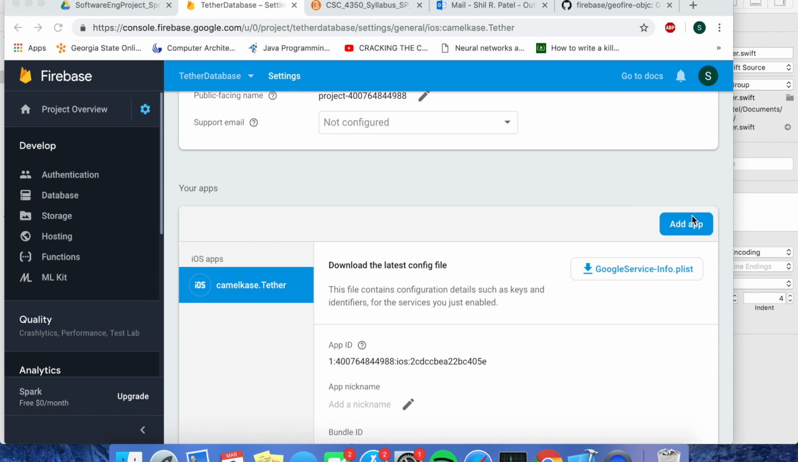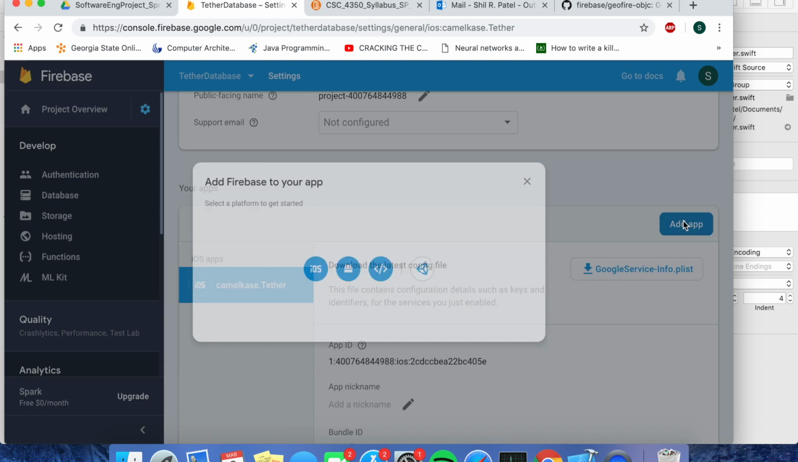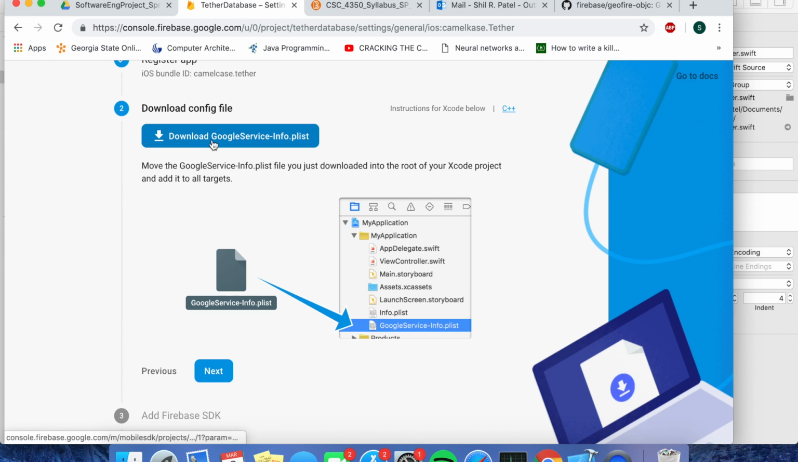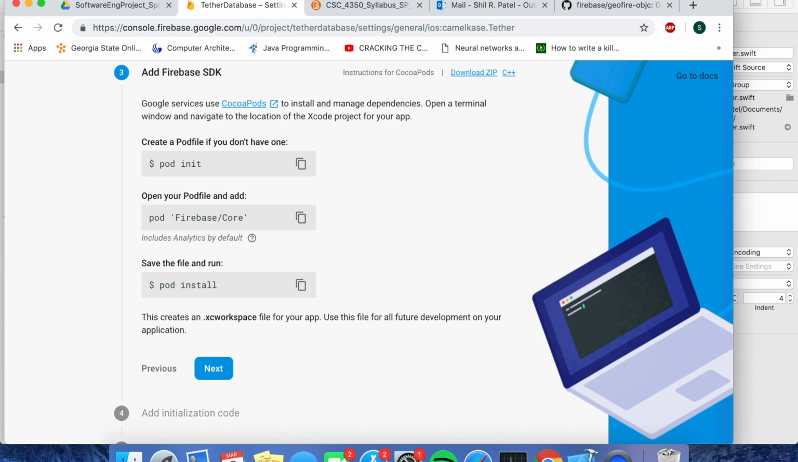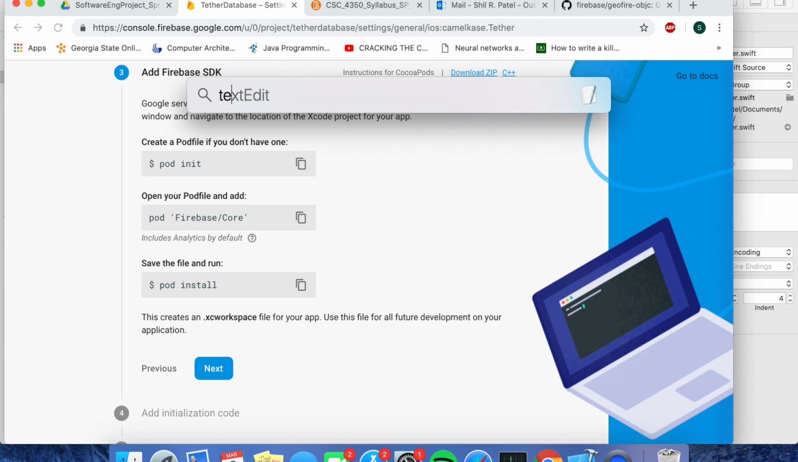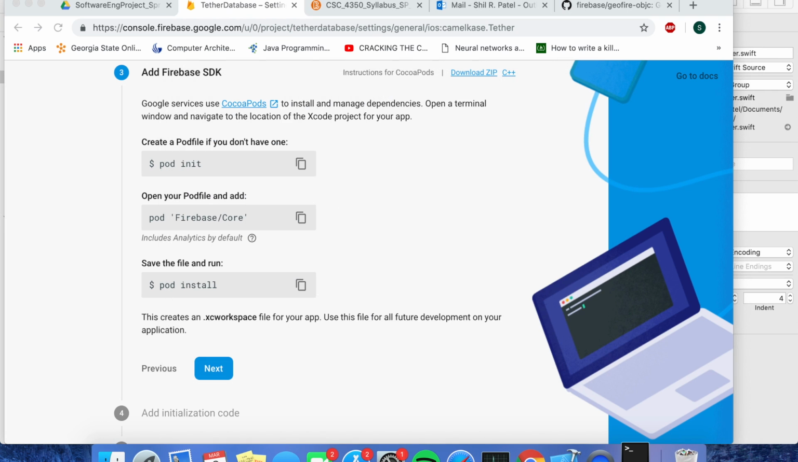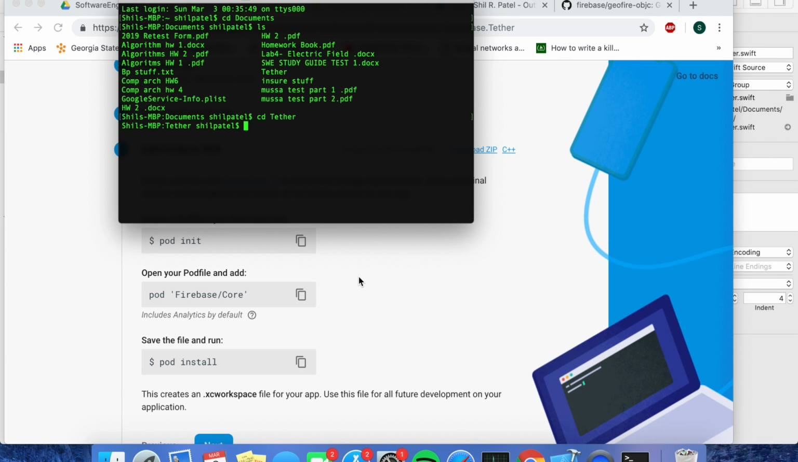Add project to Firebase, click add app, click iOS, register the app. You will download the Google service info, drag it into the Tether app within Xcode, which will allow you to establish the connection between Firebase and Tether. Click next. You have to download and install pod, so you want to go to your terminal, reference the database, and then